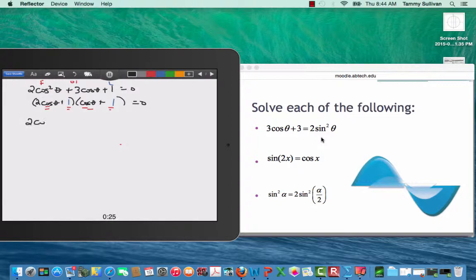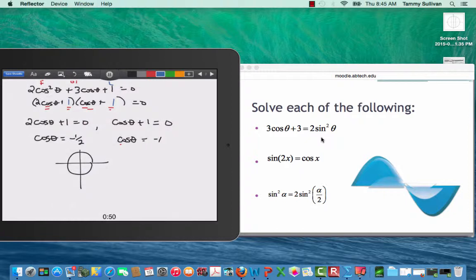So I've got 2 cosine theta plus 1 equal to 0, and cosine theta plus 1 equal to 0. So when is cosine equal to negative 1/2? When is cosine theta equal to negative 1? So I'm going to look on my unit circle. And when I'm looking on my unit circle, cosine is negative 1/2 at 2 pi over 3, so theta could equal 2 pi over 3, or